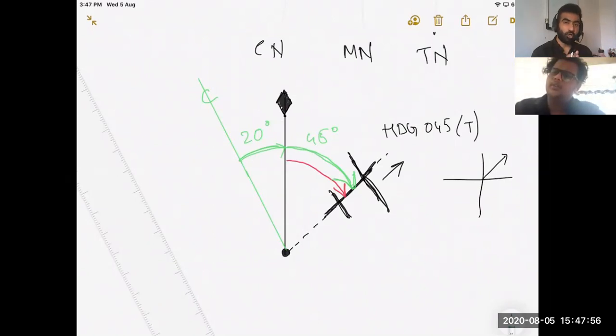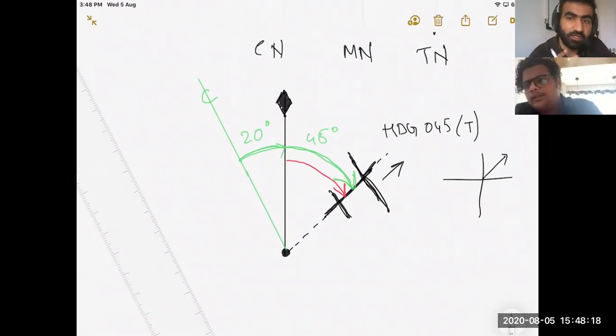So magnetic north will be figured out with the deviation value. Now you have your compass heading, you know your compass north, and you have your true heading, but you need to find your magnetic heading. So what is the value of deviation? We need the value for deviation from the compass card. We need that value to find magnetic north, or else we'll not get magnetic north. Or what we could do is get the value of variation. There are two ways to get magnetic value. Either you have deviation or you have variation.